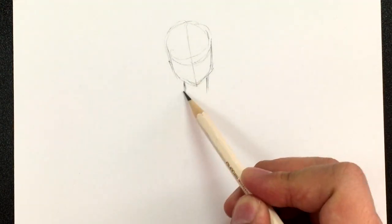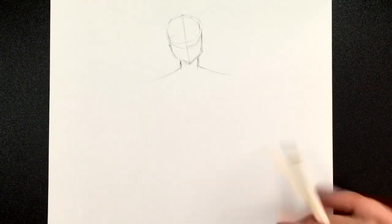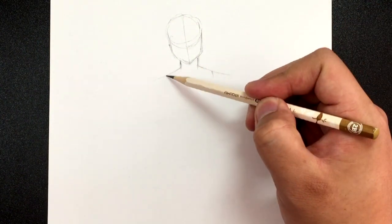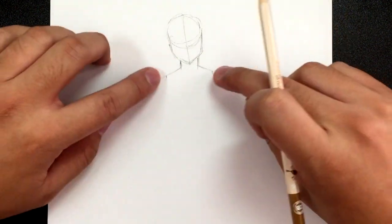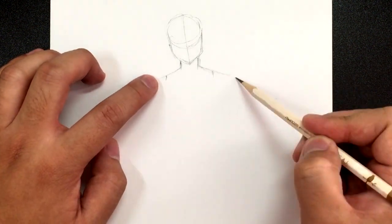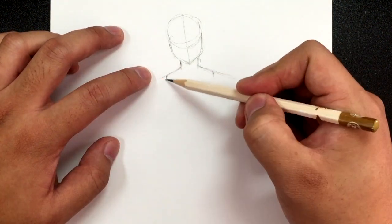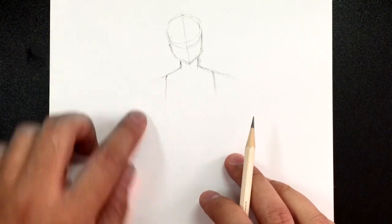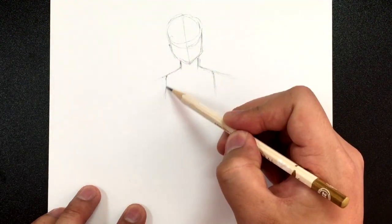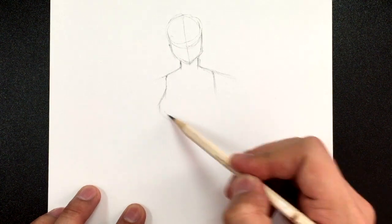Okay, and now from here, I'm going to draw the shoulders. They just go out like this. And then about this much and this much, this is going to be where her chest is, and the rest of it is going to be the shoulders and the arms. So as you draw this shoulder line and this shoulder line, you want to find these spots right here. You want to draw two little lines going down, and then you want to draw the chest, and you want to